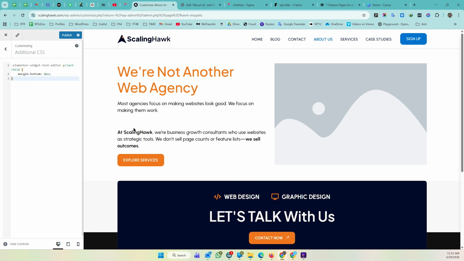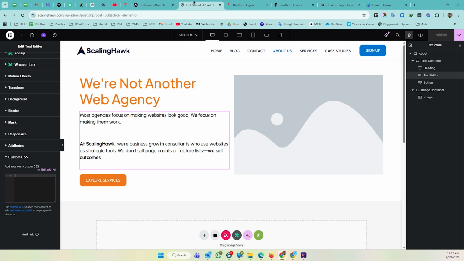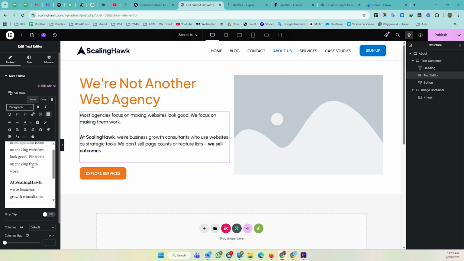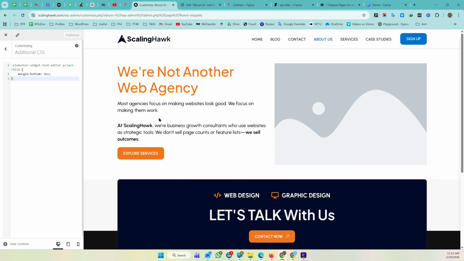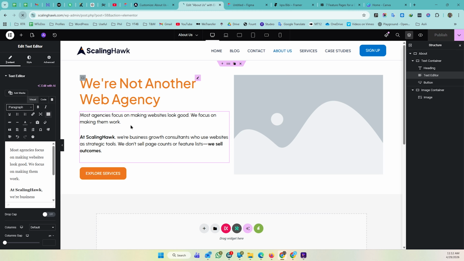Here you can see that the spacing between these two paragraphs is larger because we added two break tags. So let me publish this, and then I go back here and adjust this so that there is no inconsistency. Okay, let me publish again, and once again we visit the about us page. Here you can see that now this is the normal spacing between the paragraphs. Once you add this in additional CSS, it applies to all the editor widgets on the page and website. If I refresh this page,